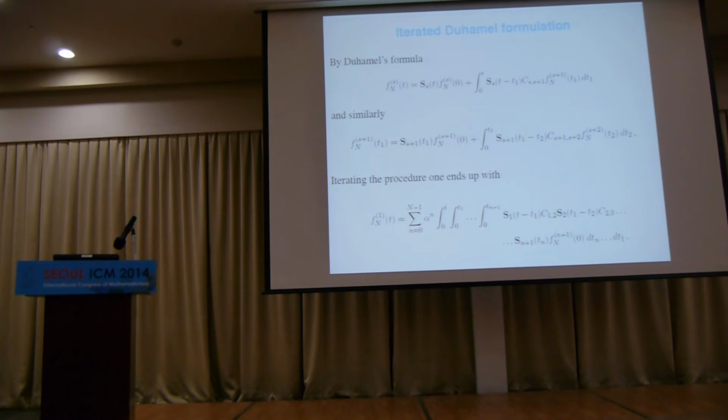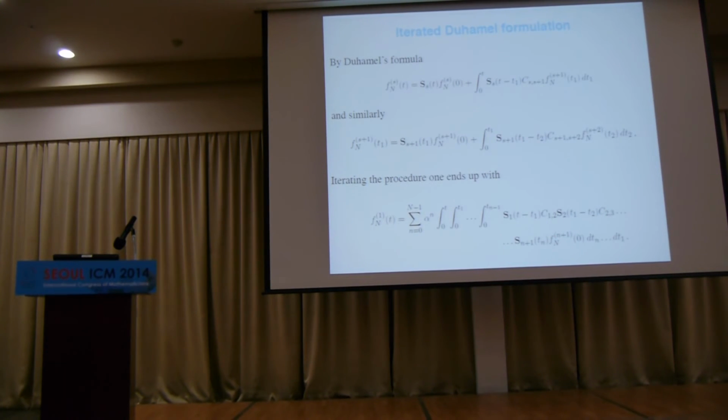So in the end, what you can write is, well, take s equal to 1, because that's the thing I'm really interested in, right? I'm interested in f_N^1. f_N^1 is a sum, so I have alpha to the n, because, sorry, I forgot alpha too. Each time I do this, I pay an alpha, so I have alpha to the n. I have lots of integrals, 0 to t, 0 to t1, and so on, up to 0 to t_{n-1}, and n can be anything from 0 to capital N minus 1. If small n is 0, I have the first term. Small n is 1, I have just this at time 0 plugged into there, and so on and so forth. Okay? So now I've written down f_N^1 in terms of f_N at some level n plus 1, at time 0.